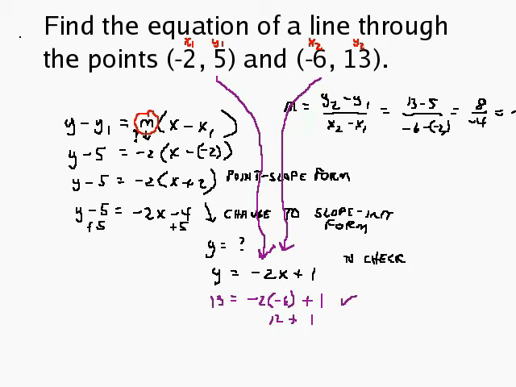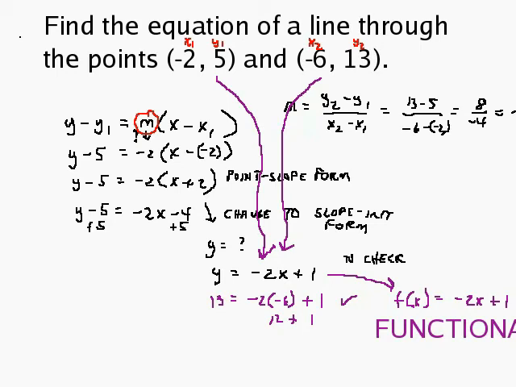Now, if you wanted to write that in functional form, you would just say f of x equals -2x plus 1. So I'll make a little note here. We'll really go crazy on this one. We'll go all the forms here. So I'll put down here functional form. All right, so we've got point slope form, functional form, slope-intercept form,